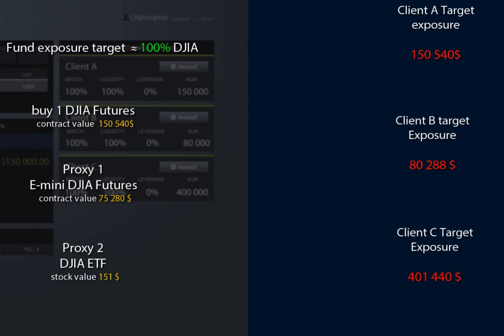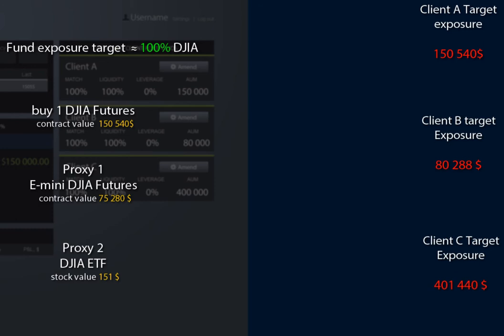For each client account, the system finds the best combination of proxy instruments to obtain the target exposure as precisely as possible. The real version also considers resulting liquidity position for each client, as margin requirements for instruments can significantly differ. In our example, when the asset manager intends to buy 1 Dow Jones futures for the fund, the system will automatically construct the exposure for attached client accounts by using the proxy instruments and will advise the manager to